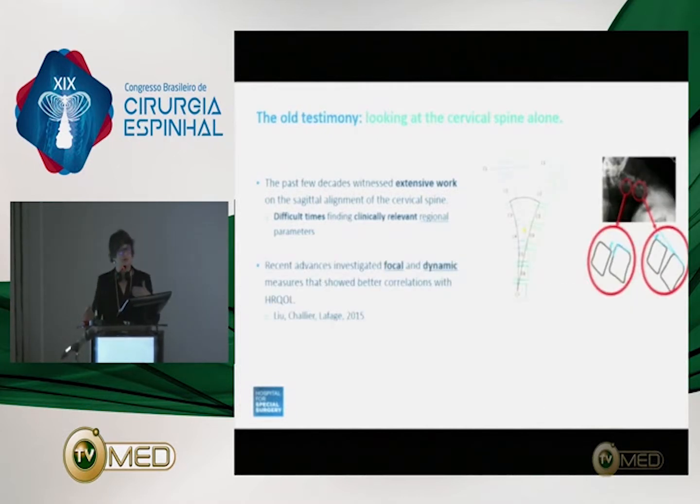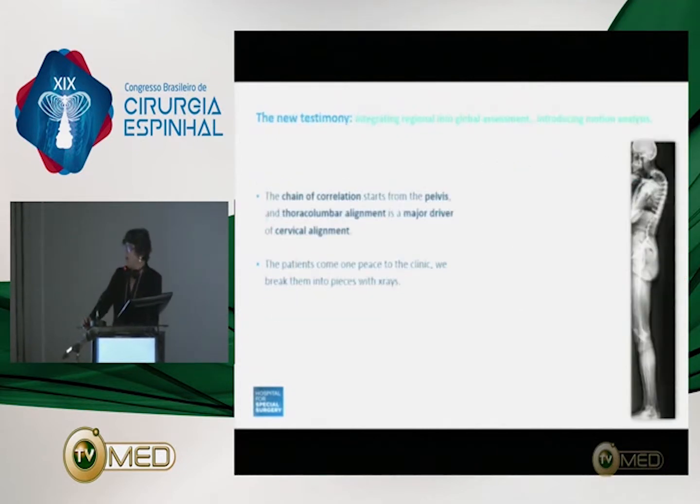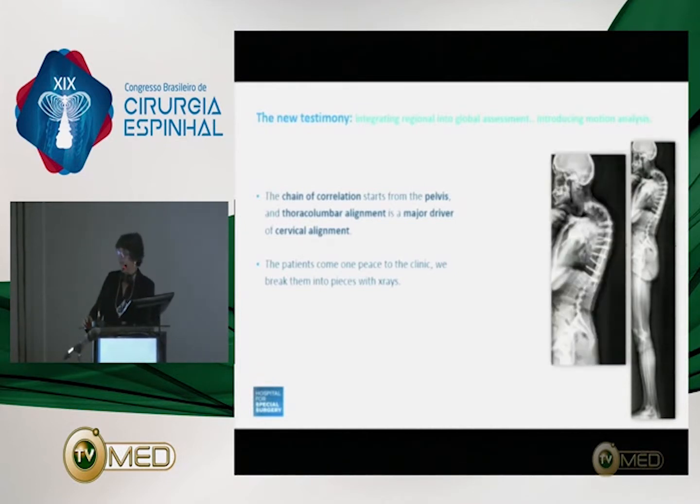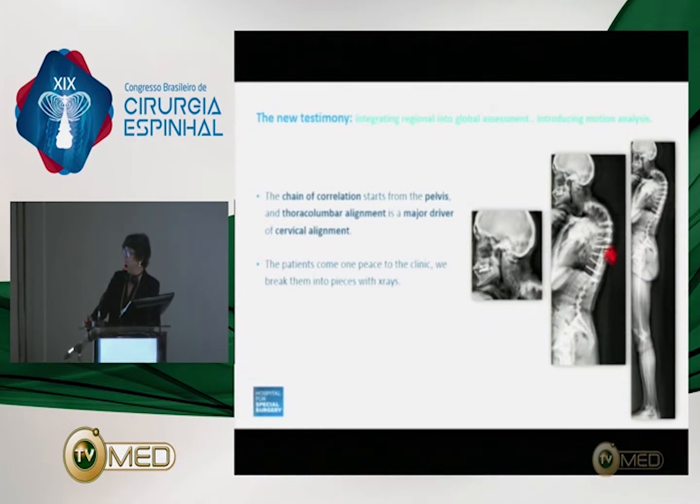Recently, we also look at the cervical spine more from a dynamic point of view, and it seems to be more relevant from a clinical point of view, because at the end, the main objective of the cervical spine is to be mobile, to maintain horizontal gaze, so it needs to move. But now, we start to rethink the way we analyze the cervical spine, because the patient comes in one piece to see you, and then we take X-ray and we cut down in small pieces. So if we were to analyze this small X-ray without having the global overview, we may miss some of the